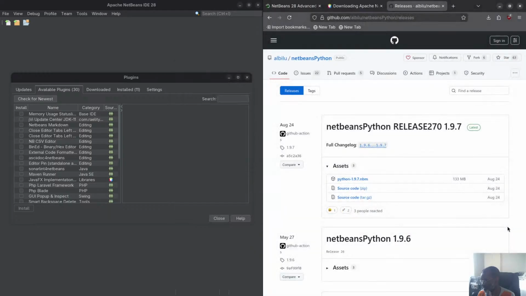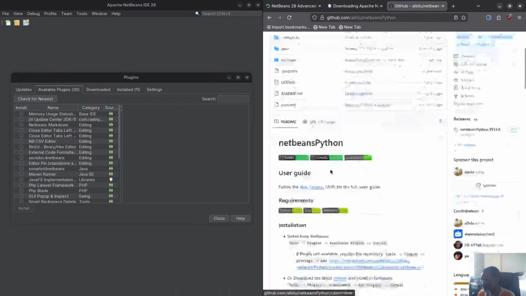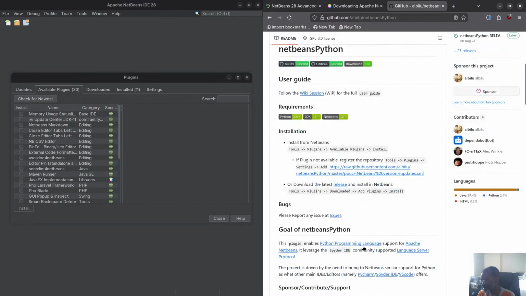Okay, it's in the downloads. Here's a user guide. Again, if the plugin is not available, register. Oh, you can register. Okay, you know what? I think register will be easier. Oh, you can simply download it. So yeah, let's do this. Let's register it. So let's copy this guy here,